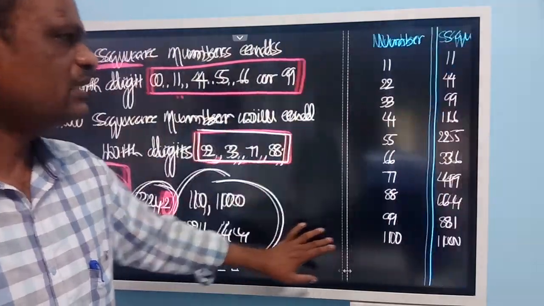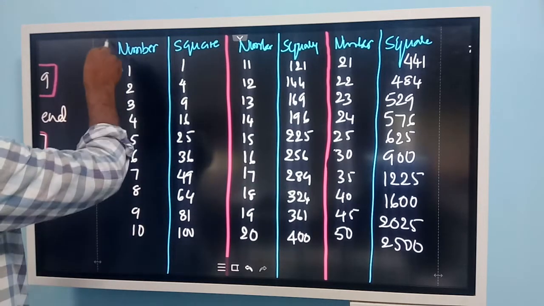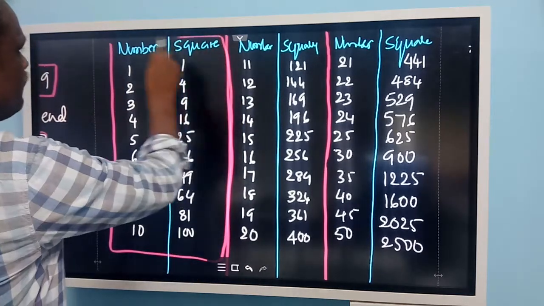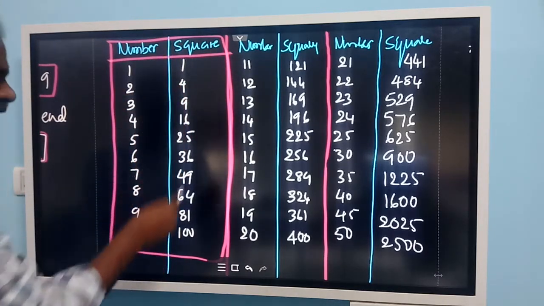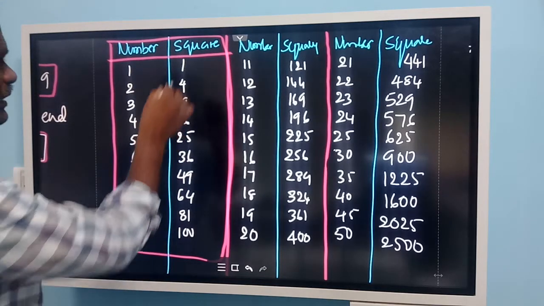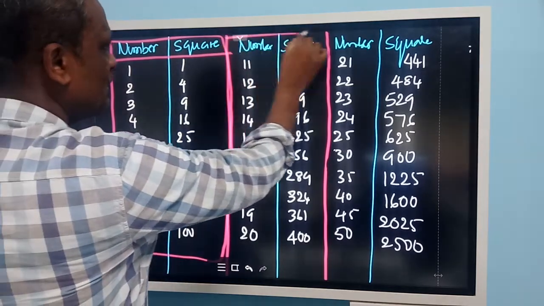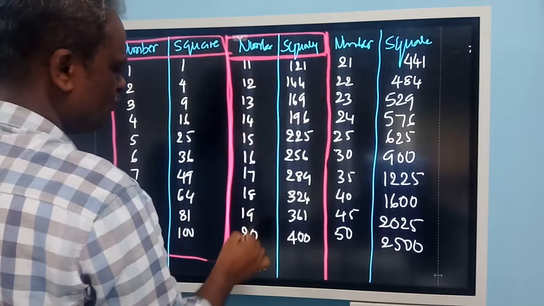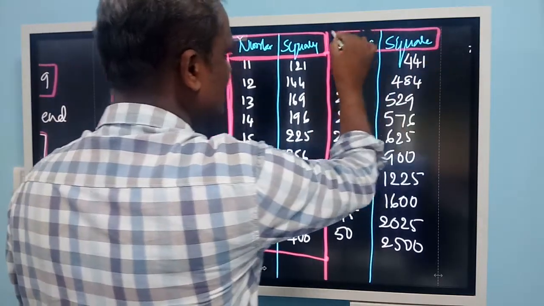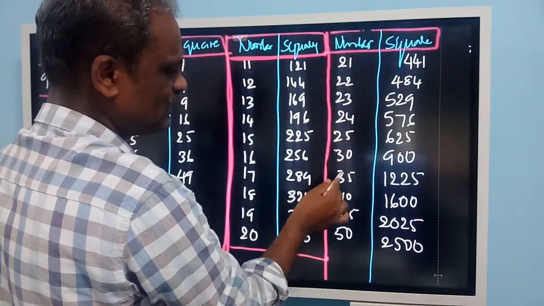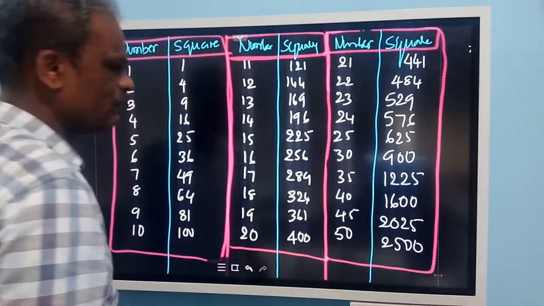Yes, sir. Okay, now let us go to the next property. I have written some more sets of square numbers here. This is one set up to 10: 1, 2, 3, 4, 5, 6, 7, 8, 9, and their squares are given. Observe these square numbers: 1, 4, 9, 16, 25, 36, 49, 64, 81, 100. Then another set of numbers I have taken, 11 to 20, and their squares. Again 21, 22, 24, 25. Then I jump to 30, 35, 40, 45, 50, like that. It is another group of square numbers.